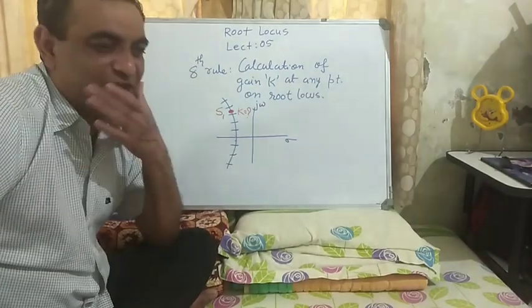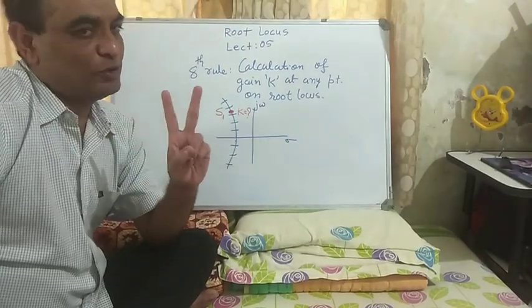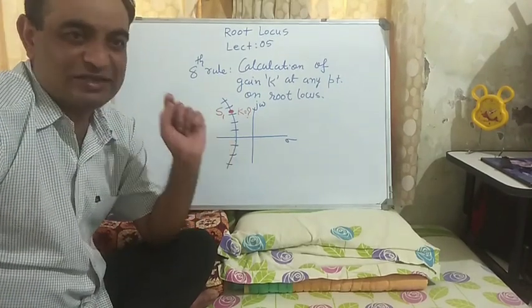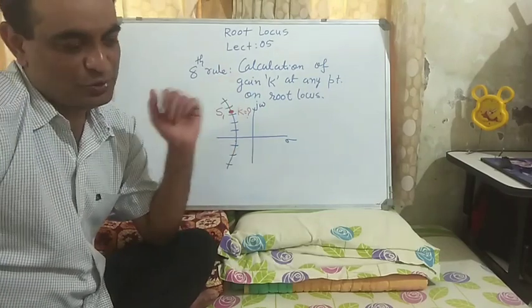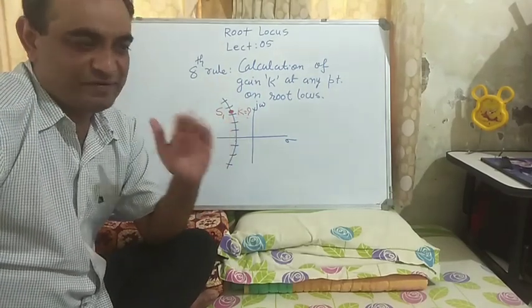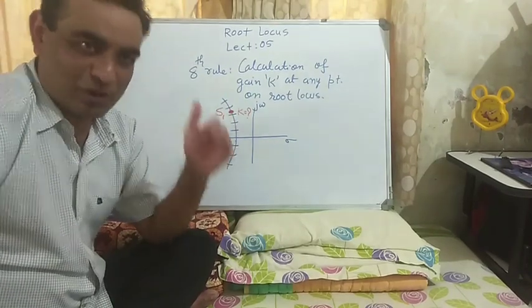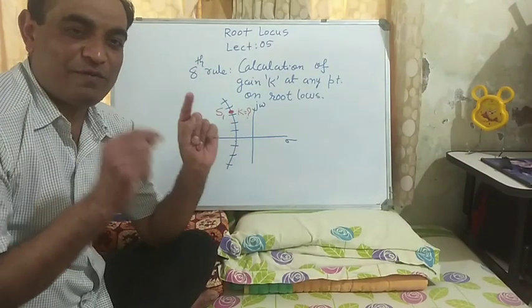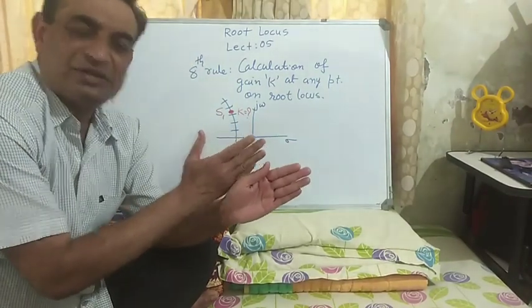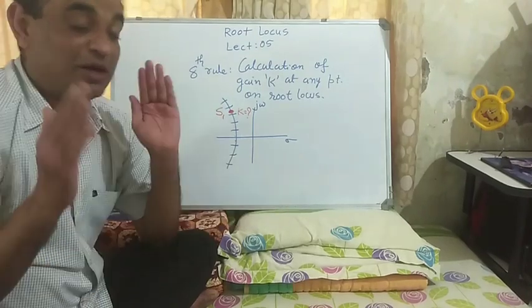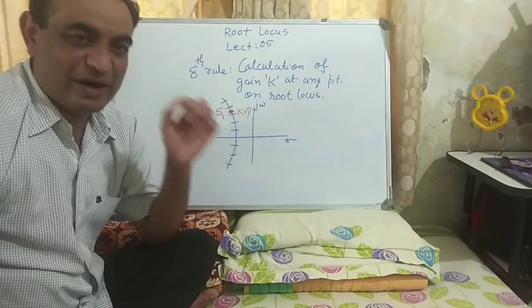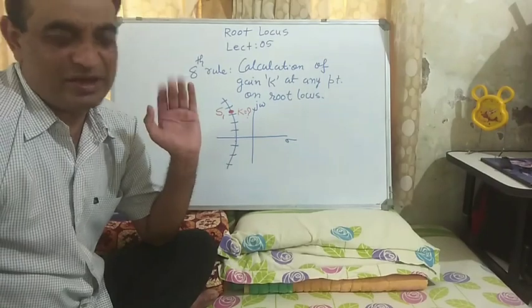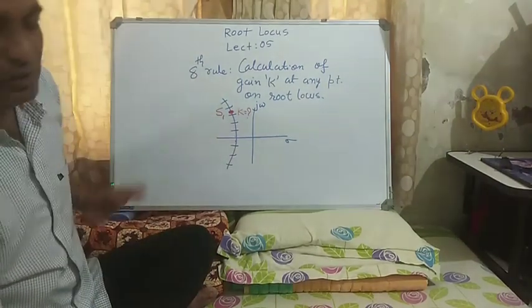I know the value of gain k on at least 2 points on the root locus. At the starting point of the root locus, that is at the open loop poles, the value of gain k is 0. At infinity, the value of gain k is infinite. At the open loop zeros, where the root locus terminates, the gain k is also infinity. So I know the value of gain k at the starting and terminating points of the root locus, but I don't know the value of gain k at the breakaway points or on the imaginary axis where the root locus crosses it. So let's understand this rule in detail.